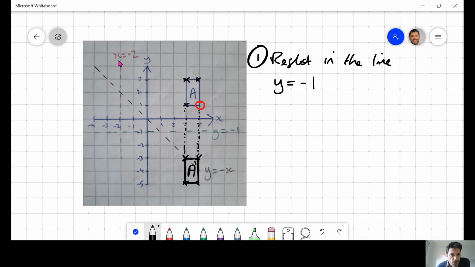Now I would do x equals -2, reflecting the line x equals -2, but as you can see, we're going to go 5 squares across here and then another 5 squares somewhere over here. So it would look rather like that. But it's right off the page, so that's a bit of a nuisance. But we will do, this line is y equals -x. Now if you're going up here at 45 degrees,